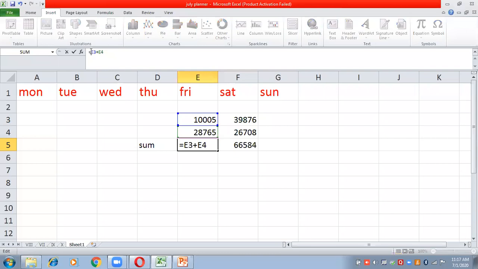If I put a dollar sign in front of E and 3 also, and similarly in the next cell address, before E and before 4, so a dollar sign in front of every cell address, before both the column and row. Now press enter. Now I am going to insert a different digit over here.